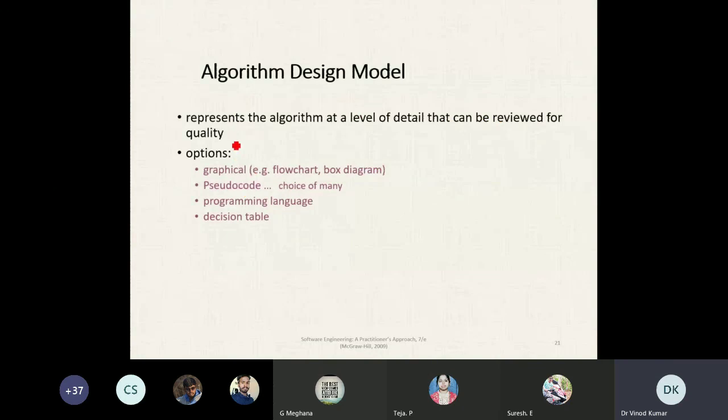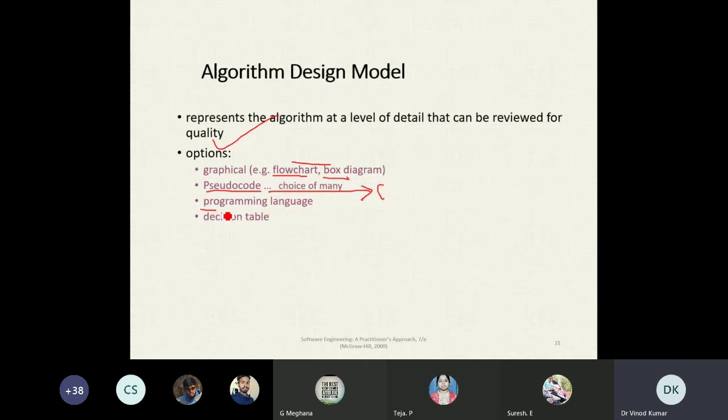Algorithm design model: represent the algorithm at the level of detail that can be reviewed for quality. You can represent it graphically using box diagrams and flow charts. You can even use pseudocode. In pseudocode, you write the stepwise procedure in natural language.